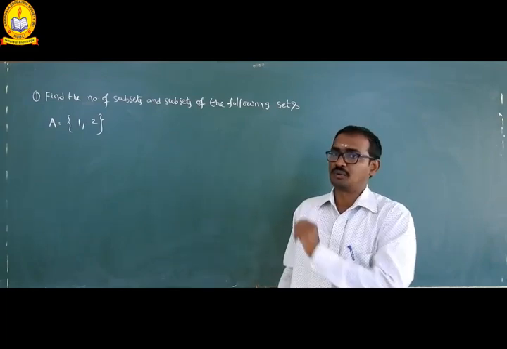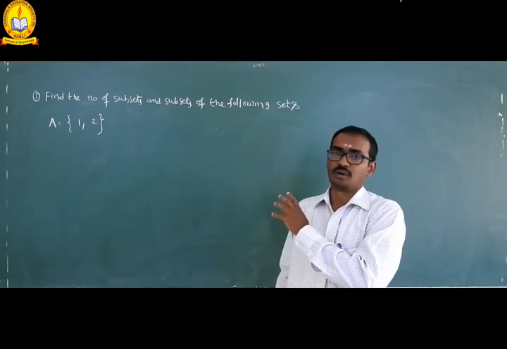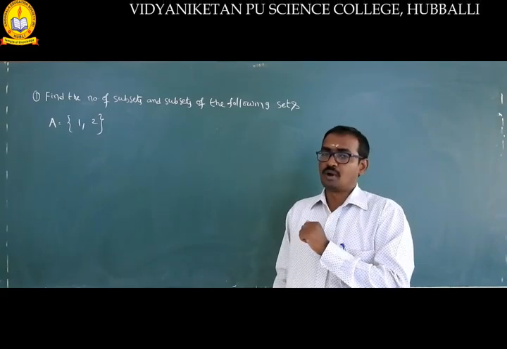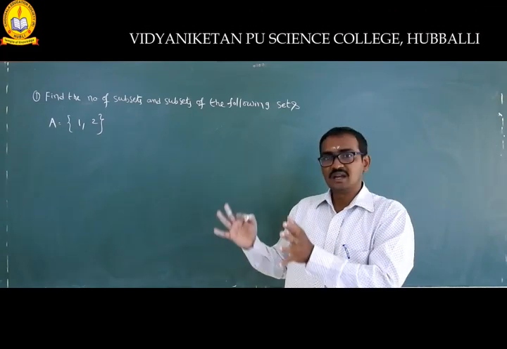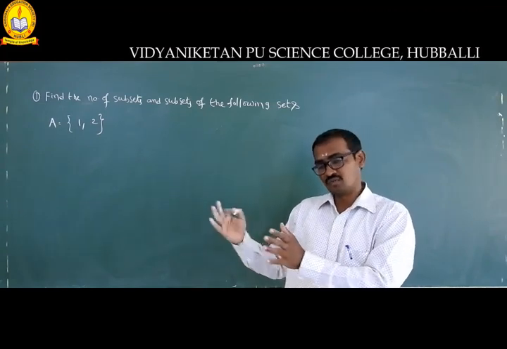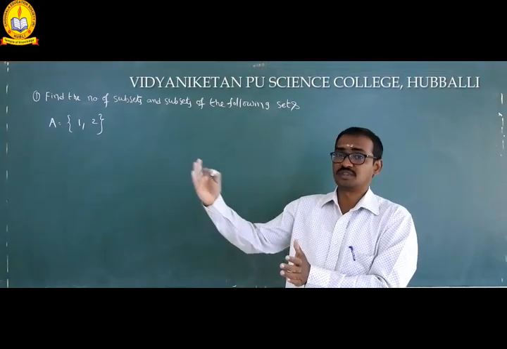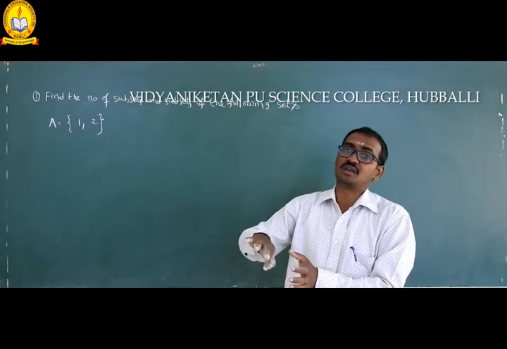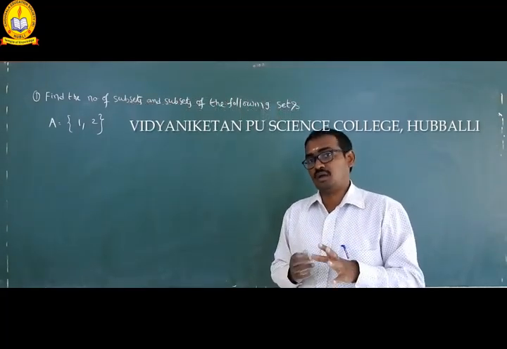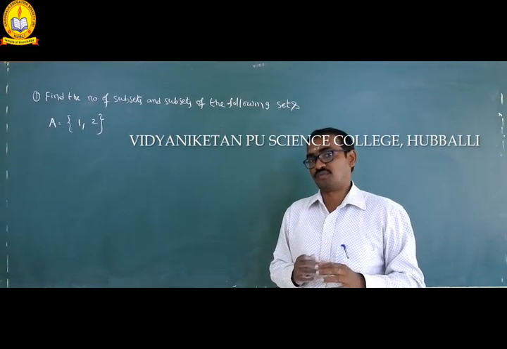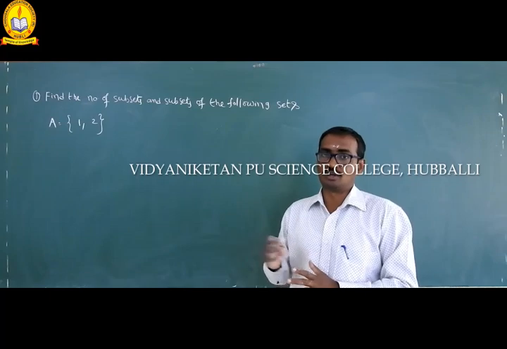Set A is equal to {1, 2}. Now I am writing the subsets of set A. And one more point. If you write all these subsets in a set, then it is called the collection of all the subsets of a set. The collection of all the subsets of a set is called the power set of A and is denoted by P(A). I give the definition of a power set also.